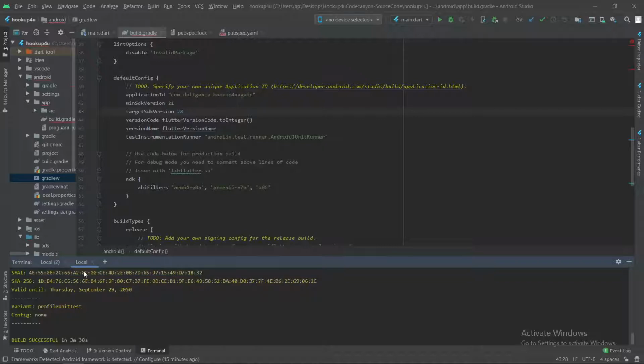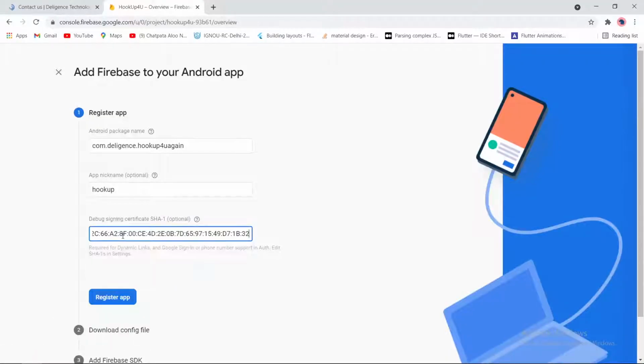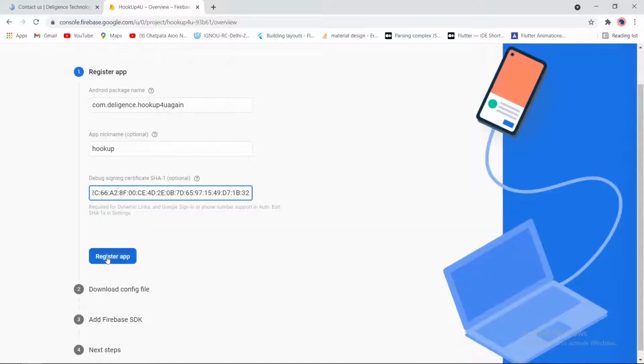Just copy it and paste it here. Now we can register our app.